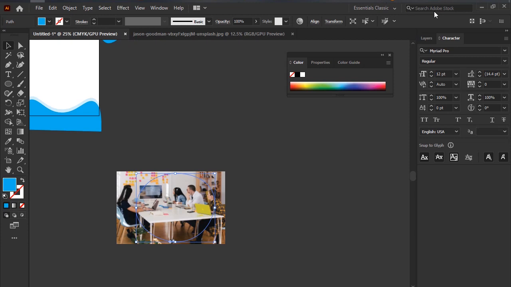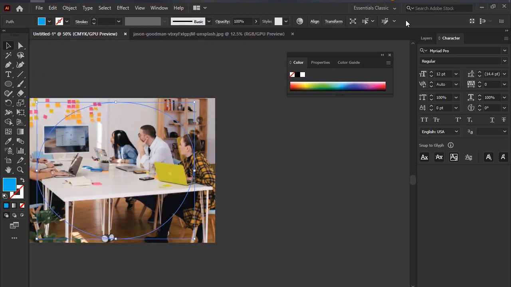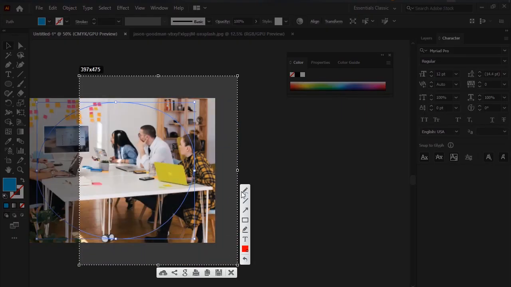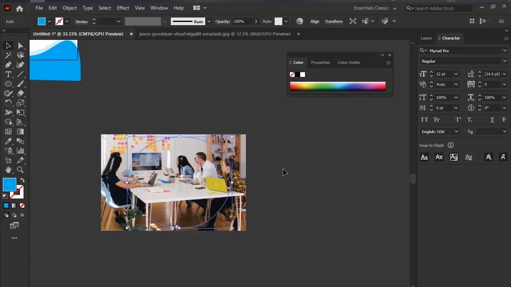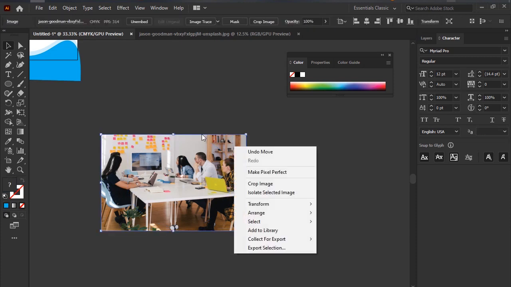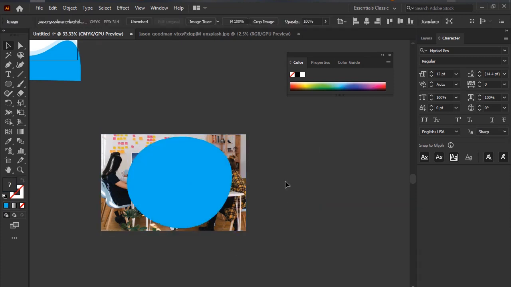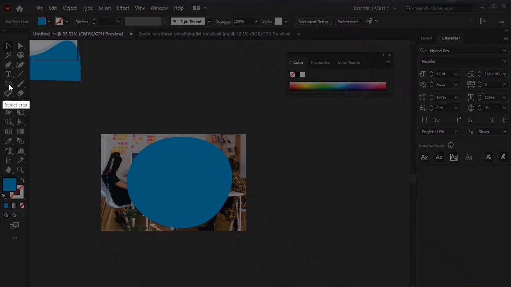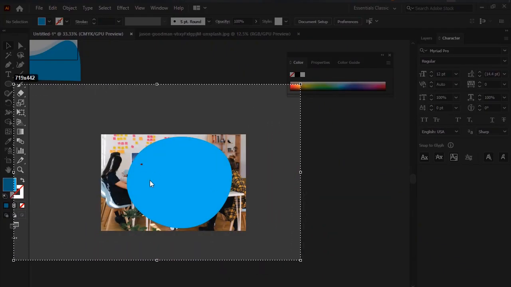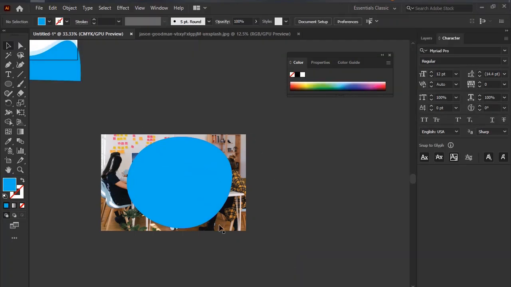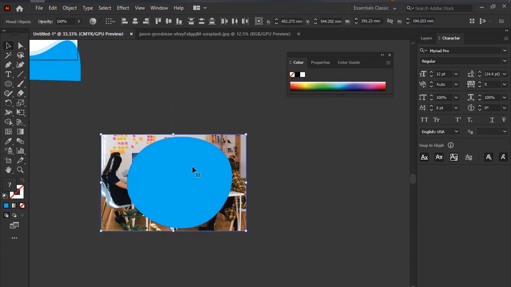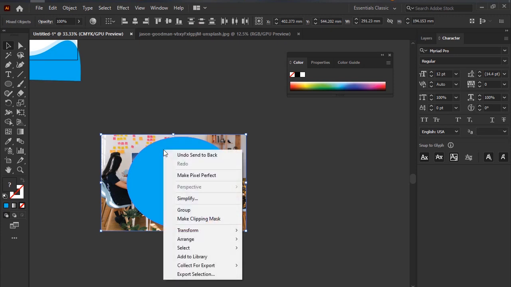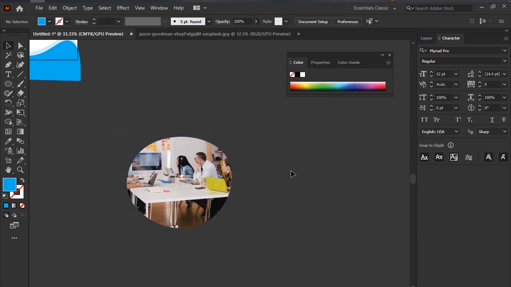Right now, this is not visible, because my shape is in back position. So what you have to do, you can right click on your shape and make it send to front. Now my shape position is in front, and the image is in back. So now you can select them at a time. Now I'm selecting these two things at a time, then right click on it, then make clipping mask. Once it's done,